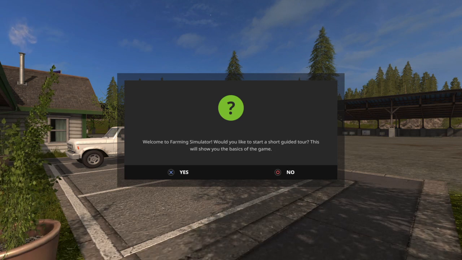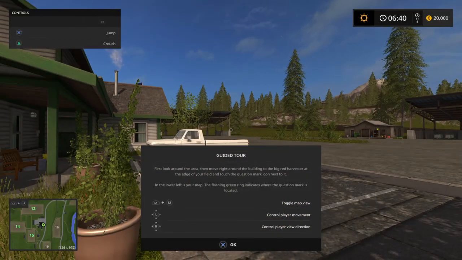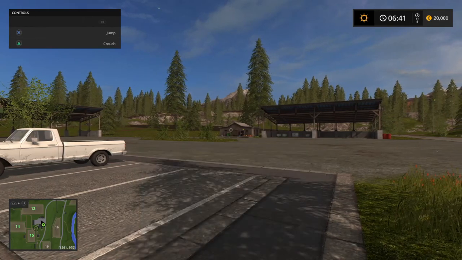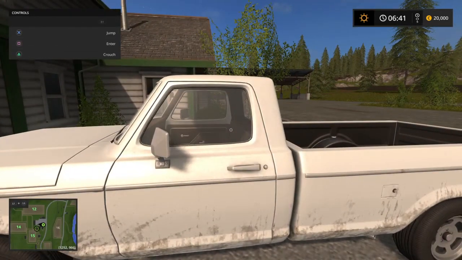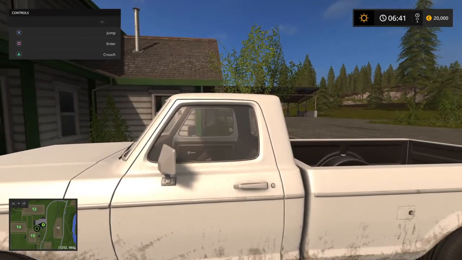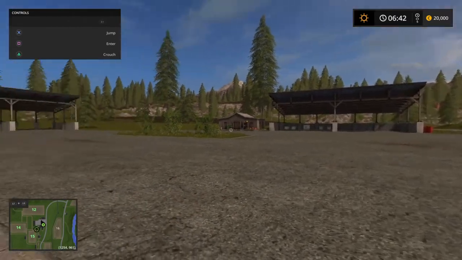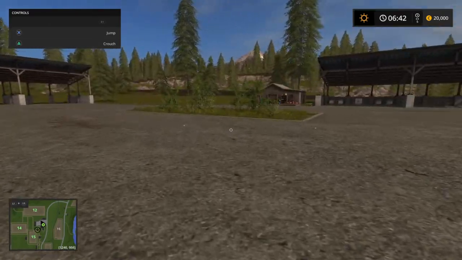to Farm Simulation 17. I've been playing this game now off and on. This is the guided tour when you first go into the game. What you're given when you come into the game is this truck, which I usually park down in the town, because if you press the direction button you can hop around from vehicle to vehicle. You're given that truck, 3 tractors,